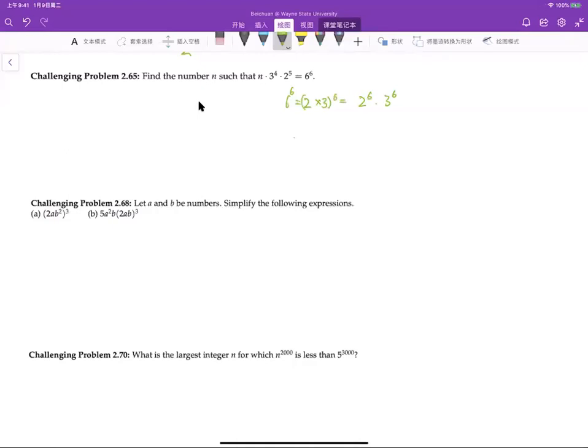That means you are looking for a number n such that n times 3 to the 4th times 2 to the 5th equals 2 to the 6th times 3 to the 6th. You just need to compare the two sides, or divide both sides by this number. So n equals